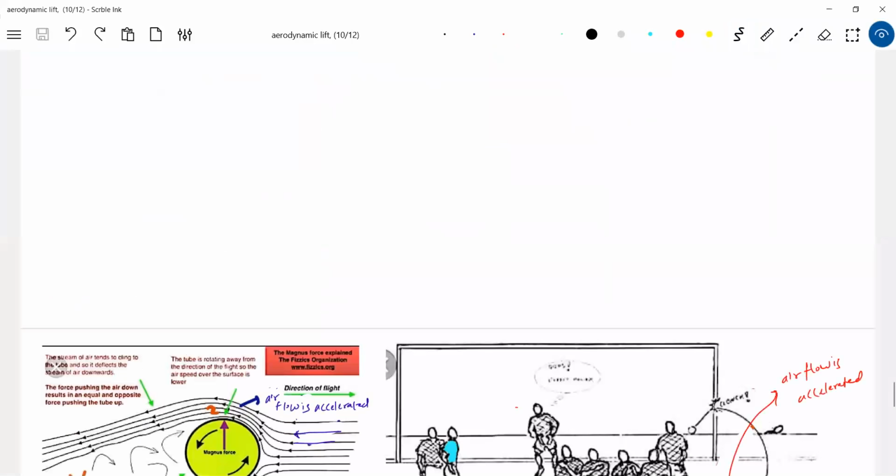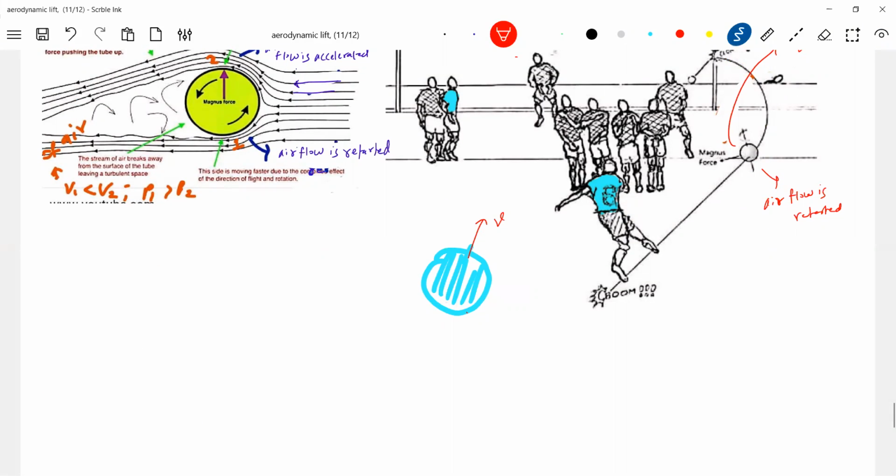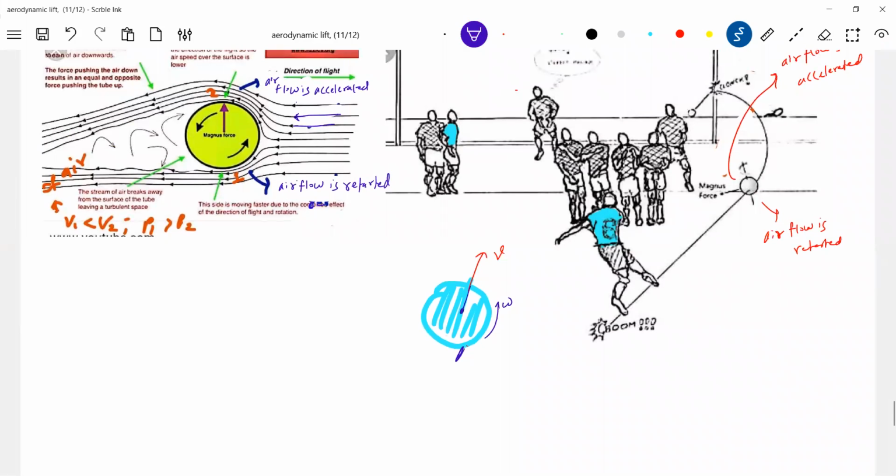So how should I kick? I should not kick at the middle. I should kick at this particular point. It should be kicked here. So therefore, this will introduce a spin also, and also velocity for the center of mass. Now, as it starts spinning, the velocity of this point will be how much? V plus R omega. Velocity of this point will be how much? V minus R omega.